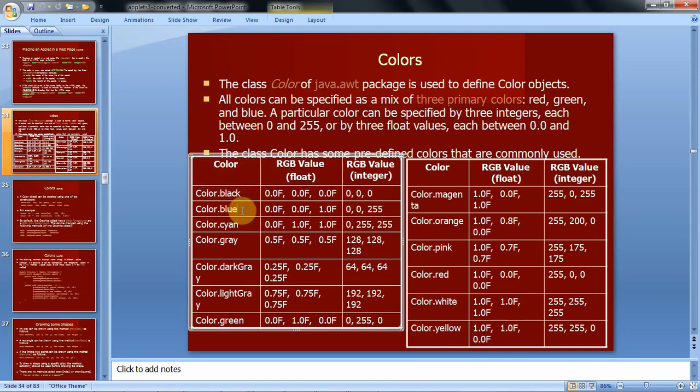Like that, for creating blue, red and green values are 0 and blue is the max value, that is 255. That means each color value ranges from 0 to 255. Here only max blue is there, so that's why blue color is created. Then green 255 and blue 255 and red 0, with that cyan color is created, gray is 128, 128, 128. Like this, by using these we can create different colors.